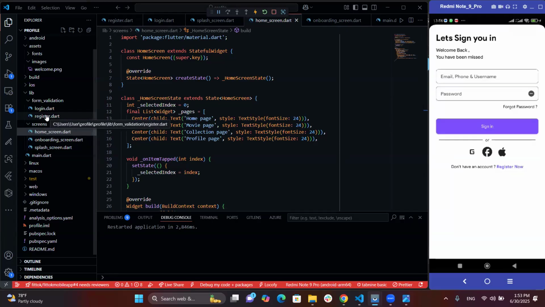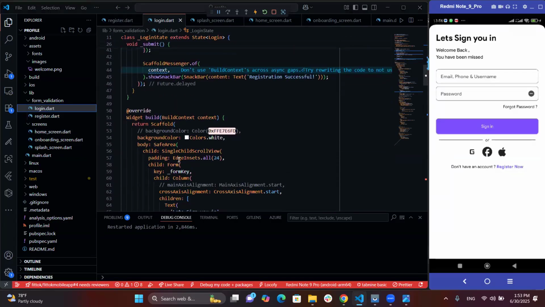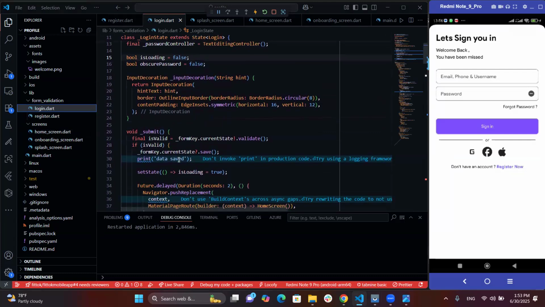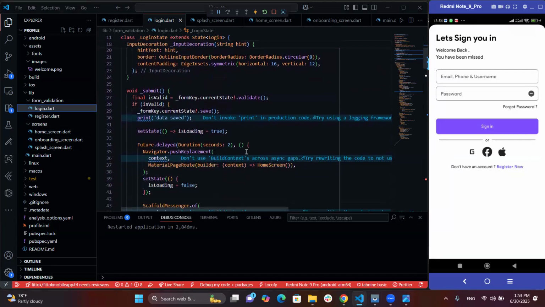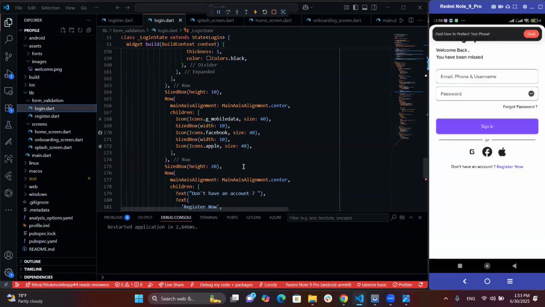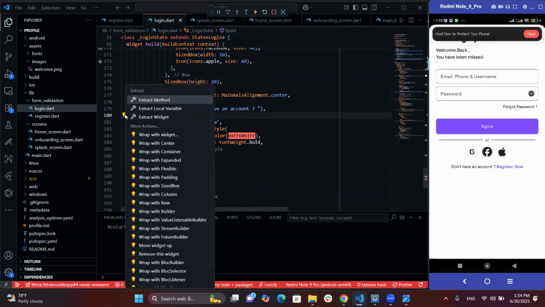Where are you? This is login screen. So in the login screen, we have down. Okay, I think it should be here. Material page home screen. Okay, this takes you to home screen. But we need that one that has this register now. So this register now, I'm going to bring